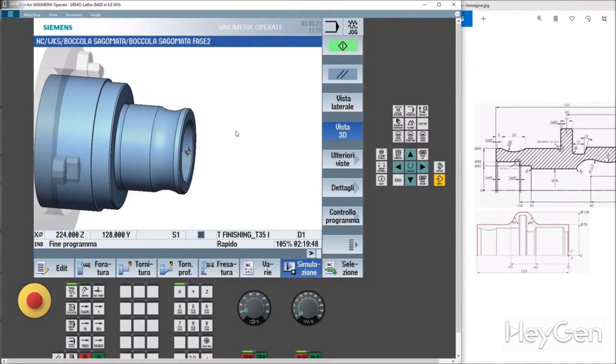Learning everything by heart is not only nearly impossible, but it's also counterproductive. You need to learn to communicate with your machines. Remember that they tell you everything you need to know. Some, like Siemens, are more intuitive, while others are less so, but in one way or another, whoever designed these CNC machines made sure that the operator can communicate with them, and that these machines can communicate with the operator.